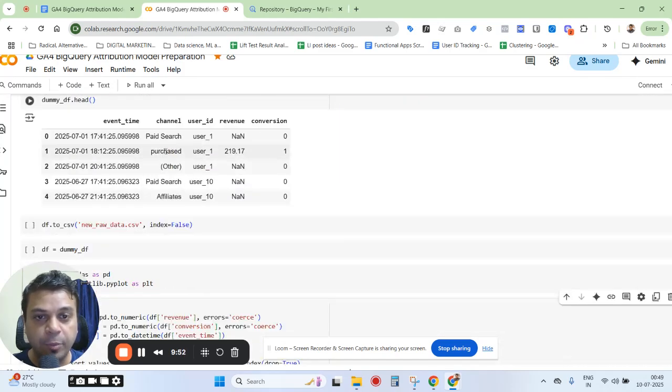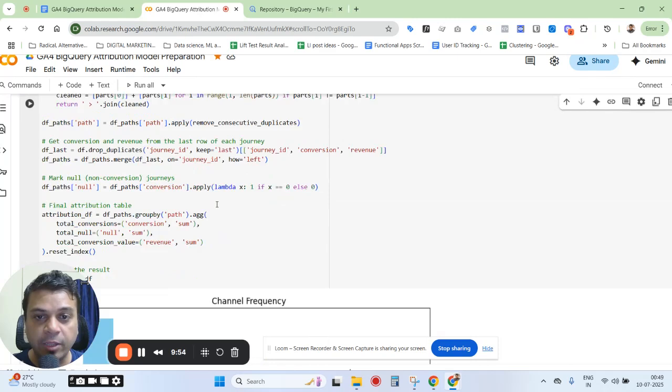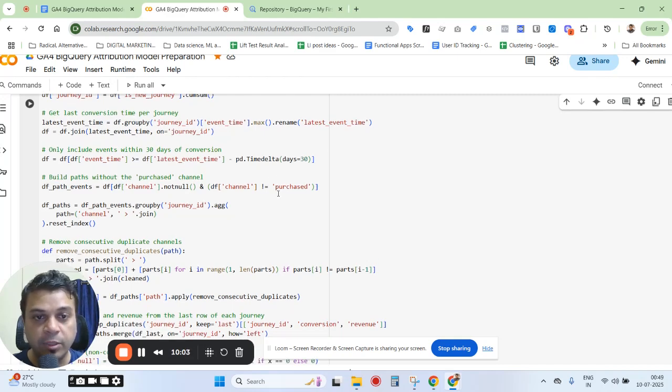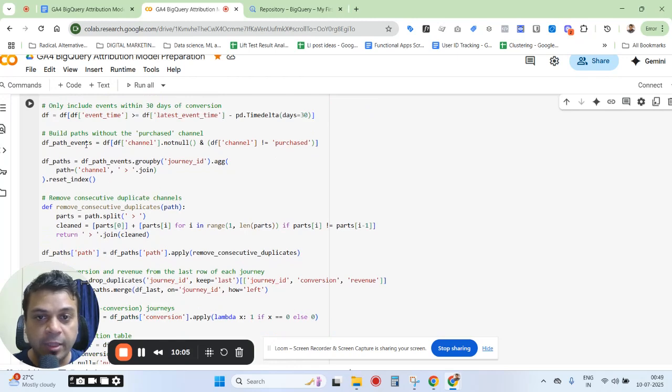Like, you have purchased in each channel, and then at this point you take out all the other channels instead of purchase, because those are the real ones that you want to have a path for, right? So that's what you have done, like channel which does not equal purchase, and then you actually aggregate the